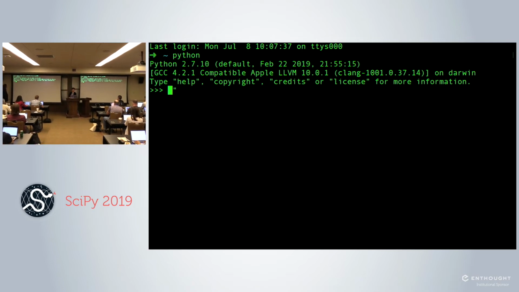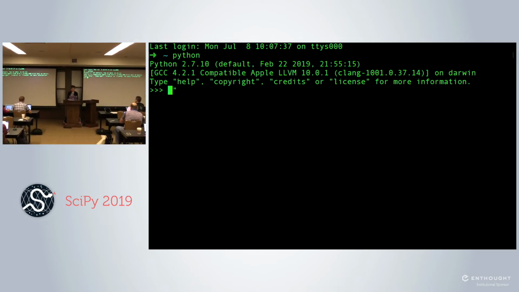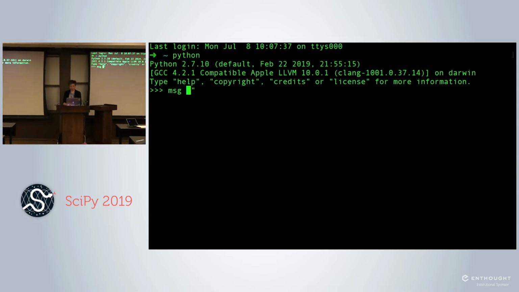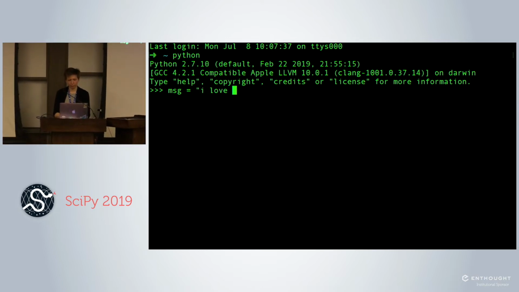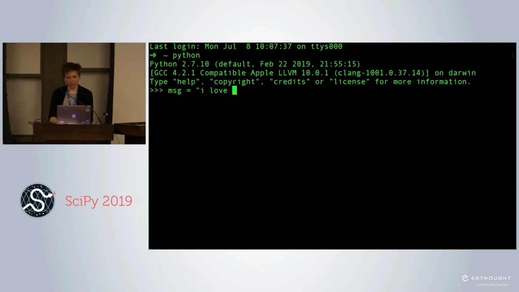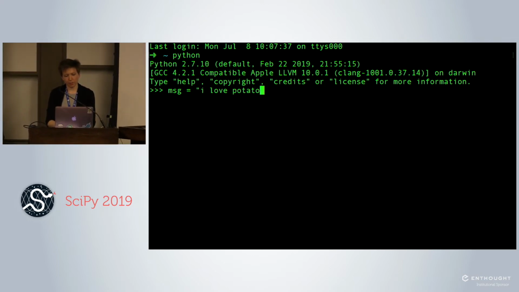Okay, so if we have this string, message, so I love potatoes. But someone else might love pineapple. And we might want this to say something different depending on different things. So what we can do to make this a little bit more flexible is we can make our message %s, and then have a % here, and instead put in a variable name. So we'll say,